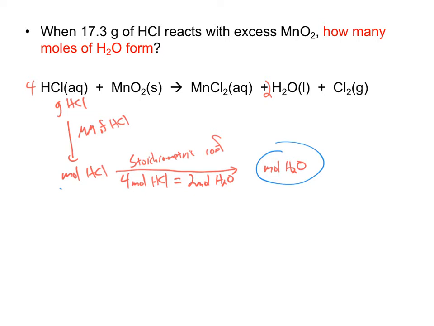And so the two conversion factors I need, I'm going to do this in 2 steps. I'm going to use the molar mass of HCl to go from grams of HCl to moles of HCl. And then I'm going to use the stoichiometric coefficients from the balanced chemical reaction to go from moles of HCl to moles of water. So the molar mass of HCl